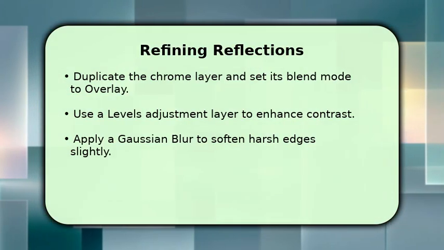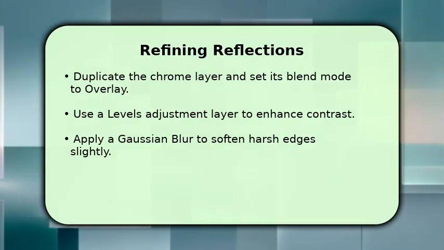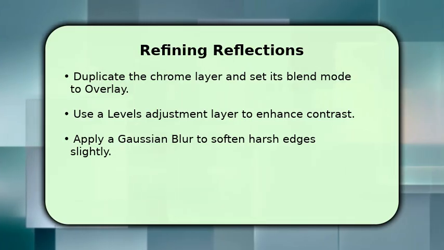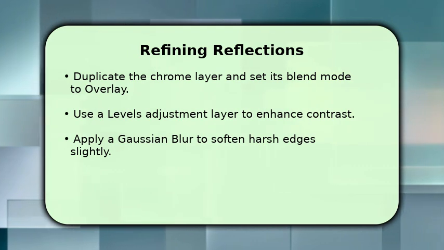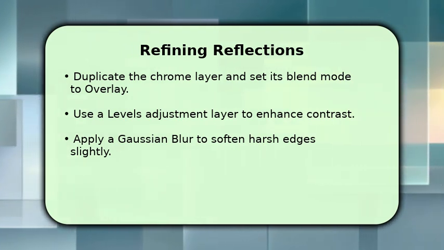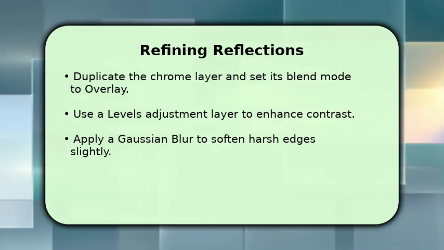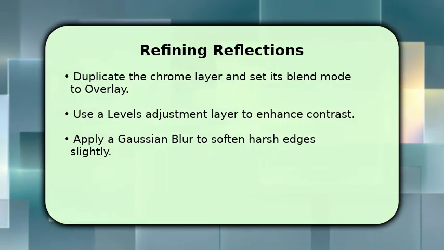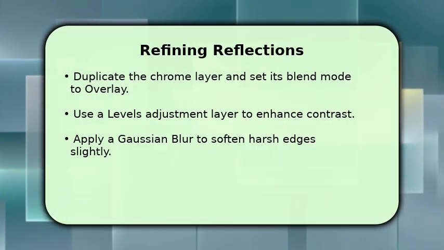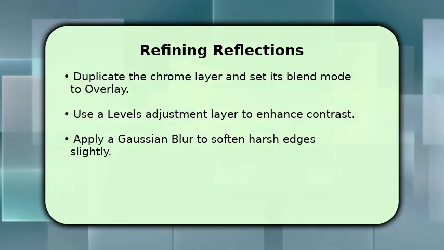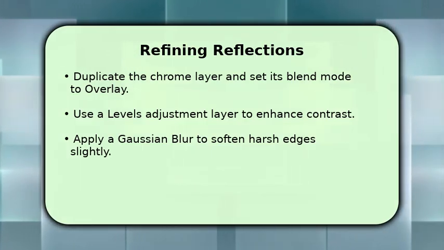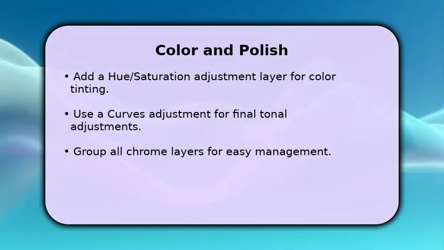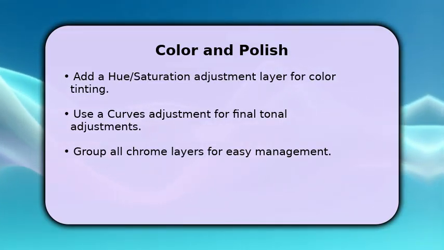To enhance the reflections, duplicate your chrome layer and change its blend mode to overlay. This intensifies the highlights and shadows. Add a levels adjustment layer above it to fine-tune the contrast, making the brights brighter and the darks darker. A subtle Gaussian blur around 0.5 pixels can then soften any overly sharp areas, giving a smoother, more polished finish. For the final touches, you can add a hue/saturation adjustment layer to introduce a color tint, if desired,